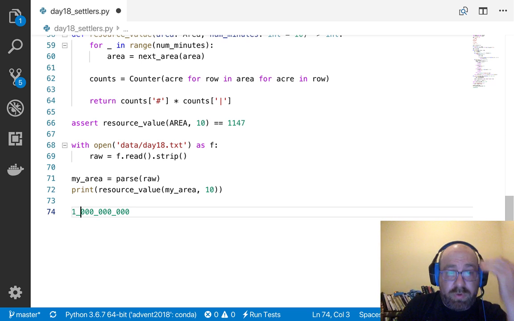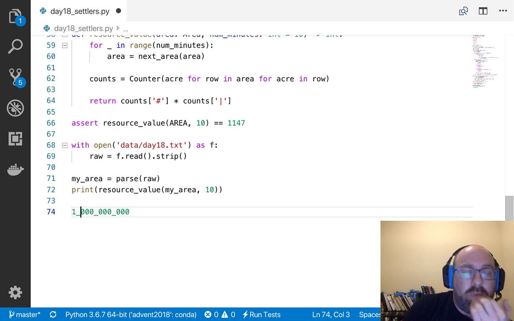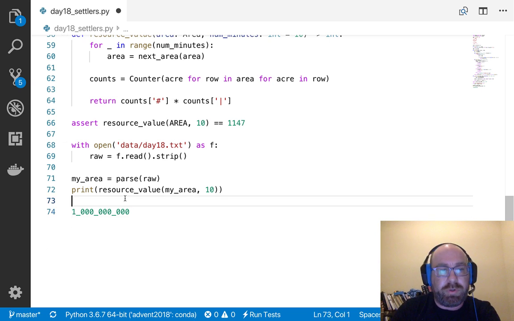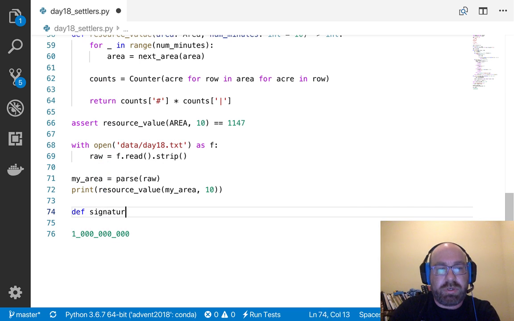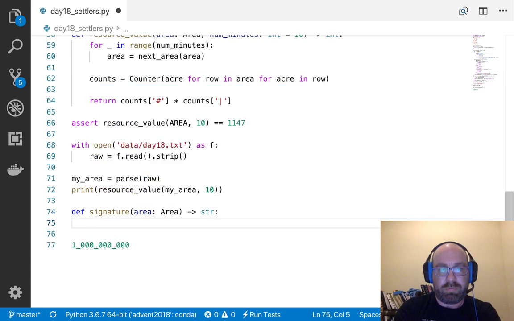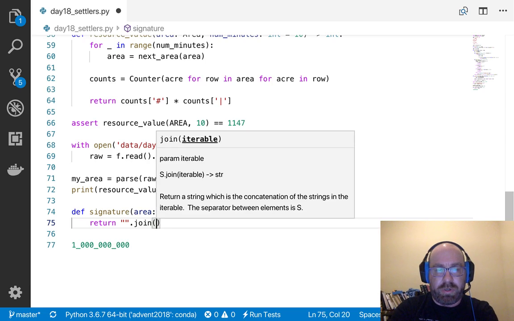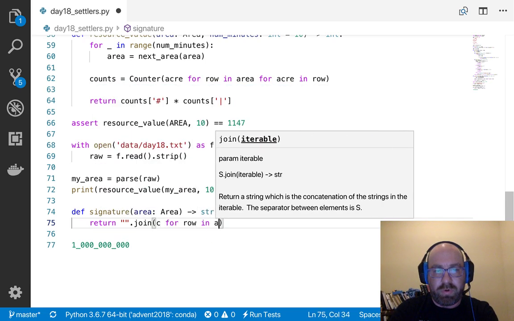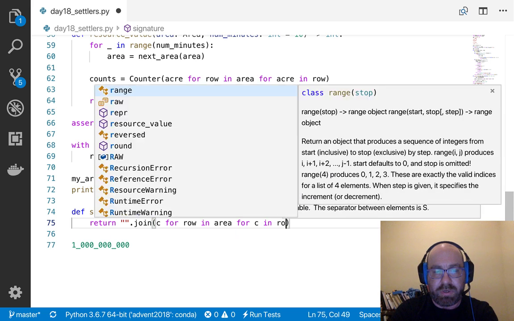So what do I want to do? A signature of an area, which is an area, and it is going to return a string. And I just want to join C for row and area for C and row.